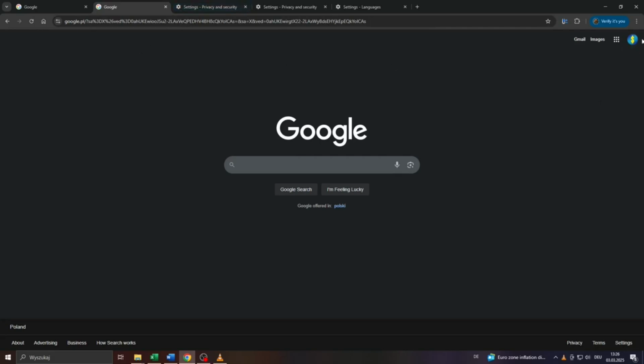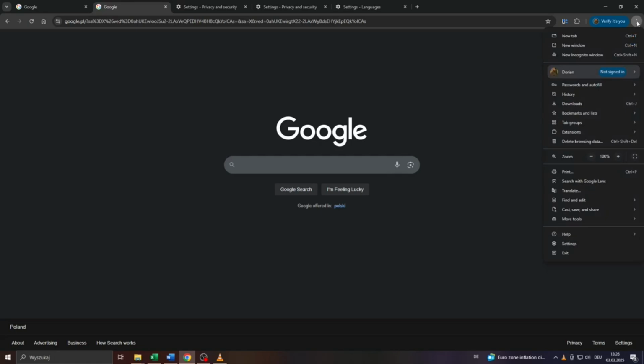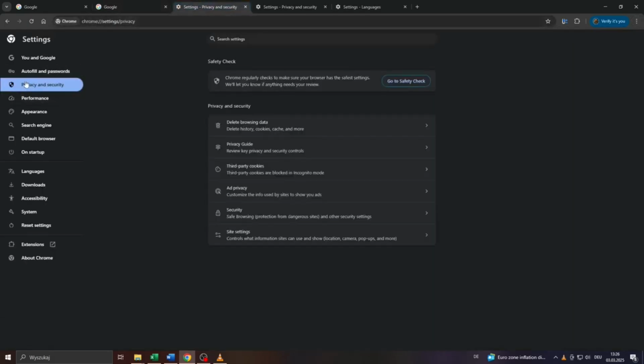So what you want to do guys is head over to Google Chrome, and here on your home screen, click on these three dots in the top right corner to access your browser settings here at the bottom of that list. So inside your browser settings, make sure that you head over to privacy and security here on the left panel, and in the privacy and security section, head over to your site settings, and in your site settings, scroll